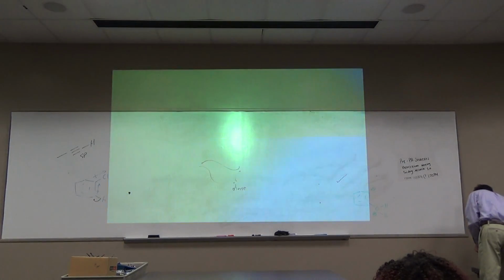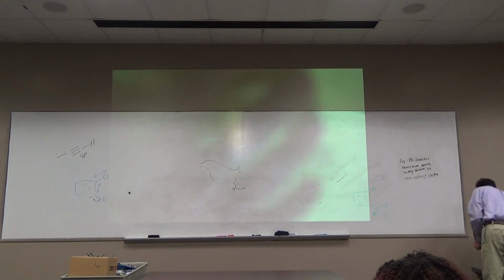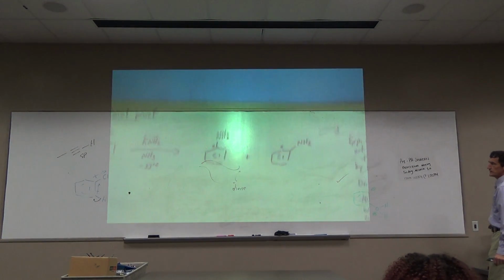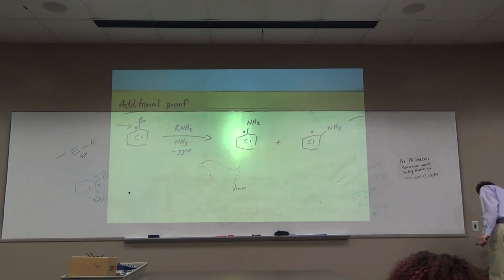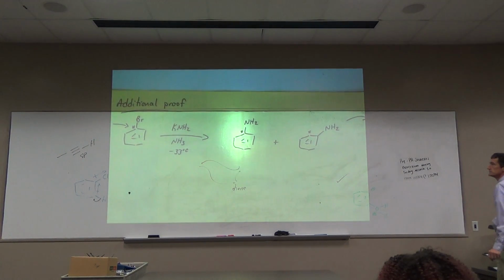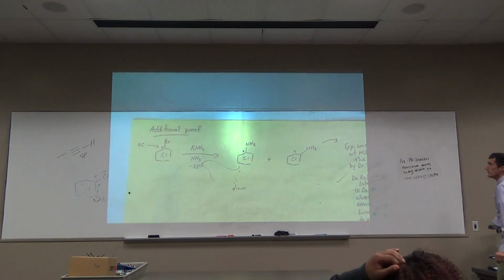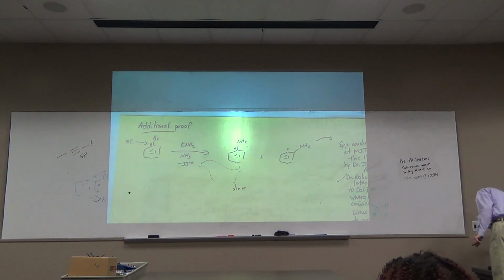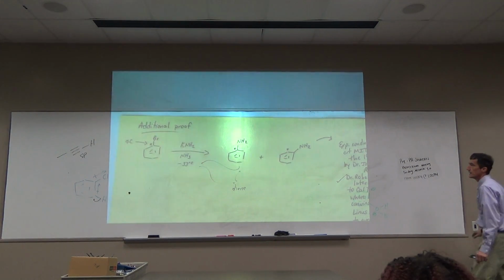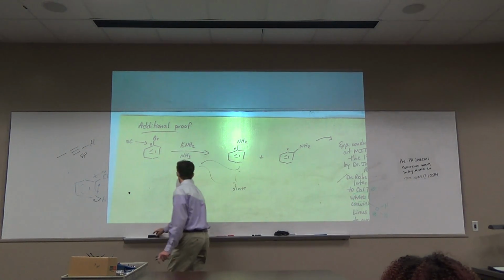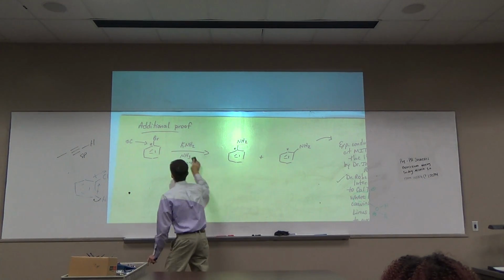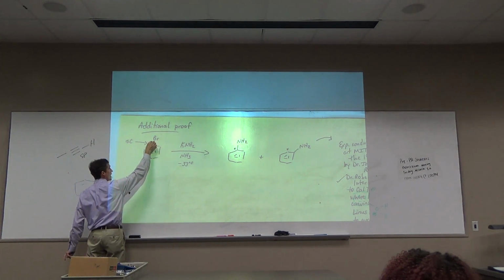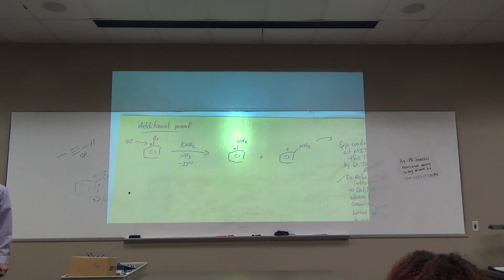Additional proof. A classical experiment in the 1950s by a chemist by the name of John Roberts at MIT, trying to prove this mechanism, took bromobenzene, in which the carbon of the bromine was labeled as a C13, and did a reaction with